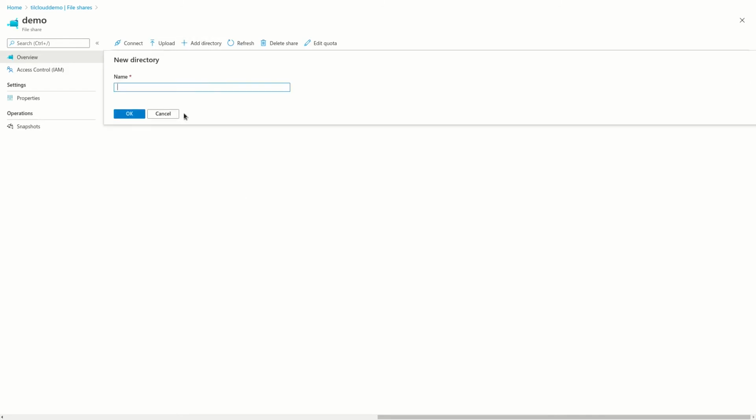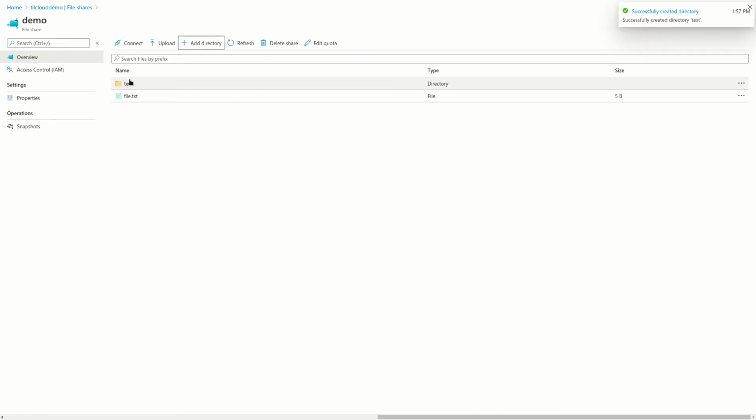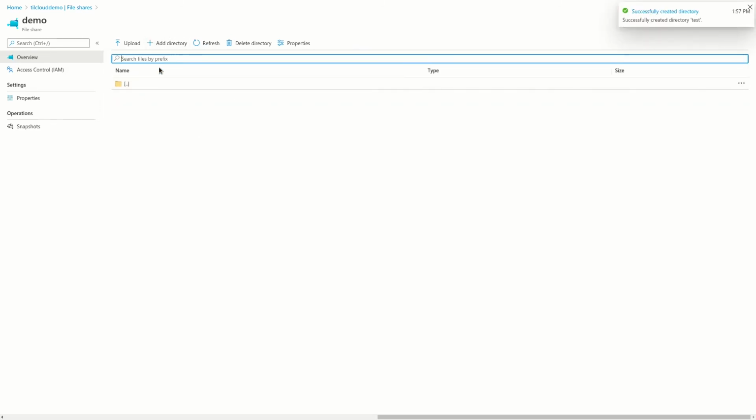You can add a directory. So if I wanted to make a directory here, you can do this. And then you basically just use it like your hard drive, except this is stored in the cloud, and you can put pretty much as much data as you want here. And if I go back